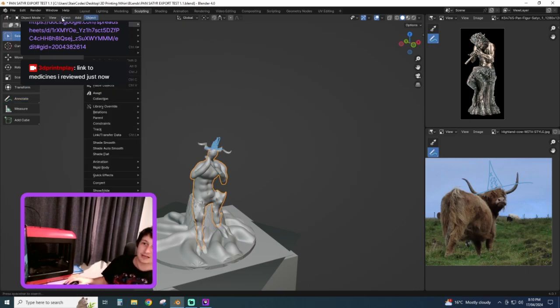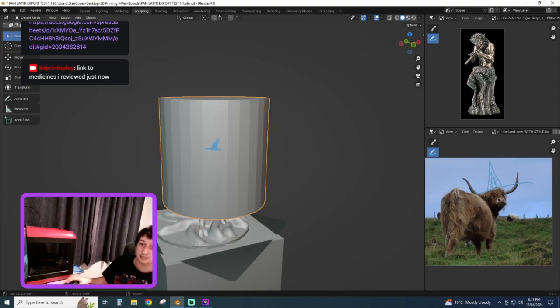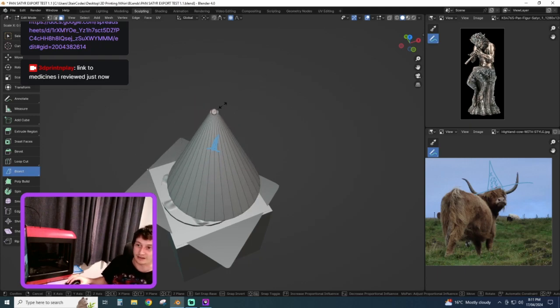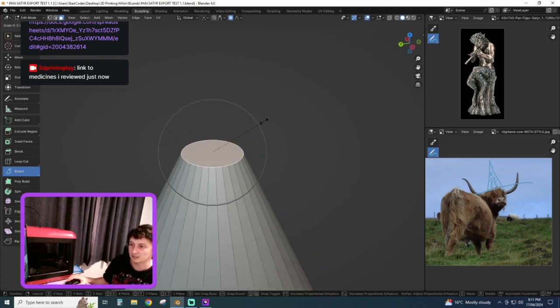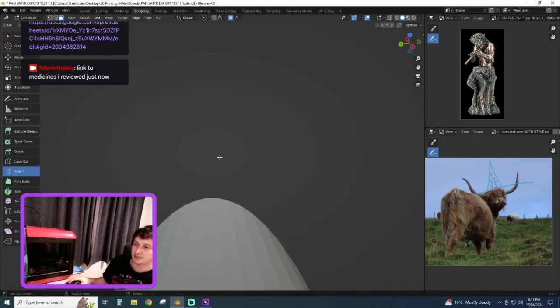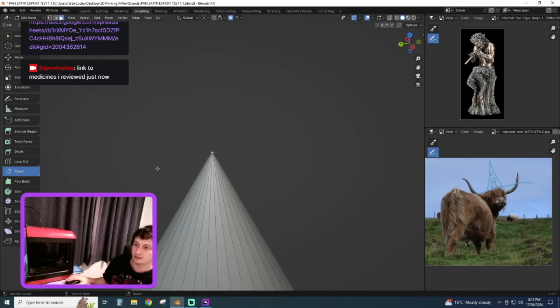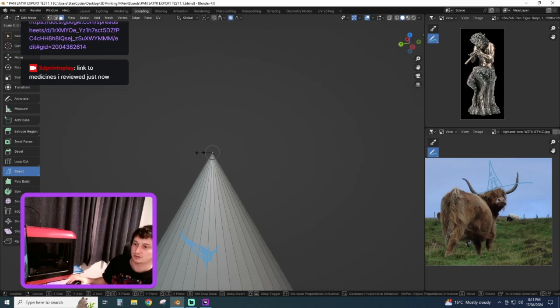So I guess the quickest way to do a hat is probably a cone, but I don't really like cones because you end them in one mesh. So anytime instead of using a cone, I'll do a cylinder, and then I'll go into edit mode and just shrink this, and go down like that. Even though it's basically a cone, it's going to be a bit better to print than a single vertex. Even if I go right down to there, if I want it to be as sharp as possible, the printer's just going to understand it better, and it's going to be way easier to interact with if these don't all overlap at the centre up there. So I'm just going to make it a bit wider for now, because I prefer to work with something like that.